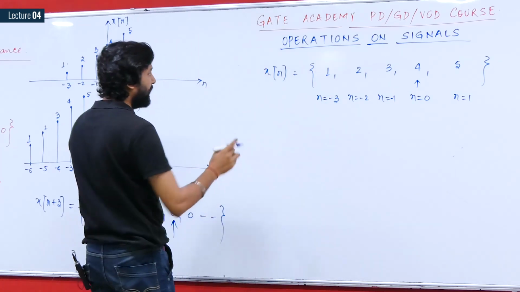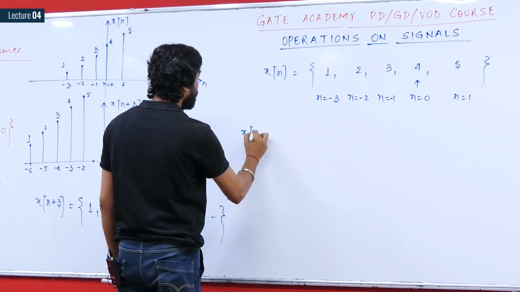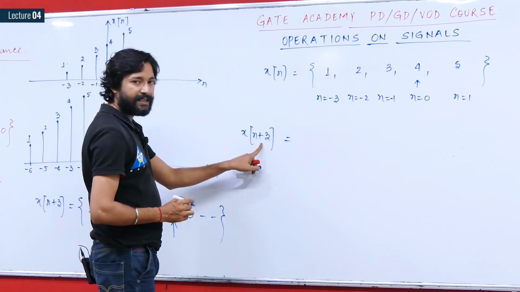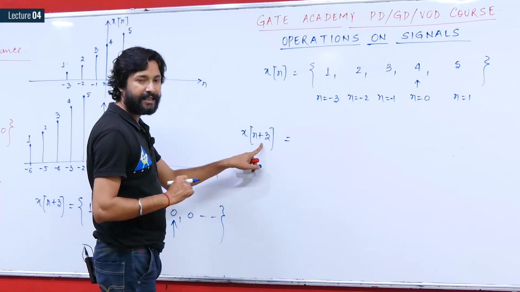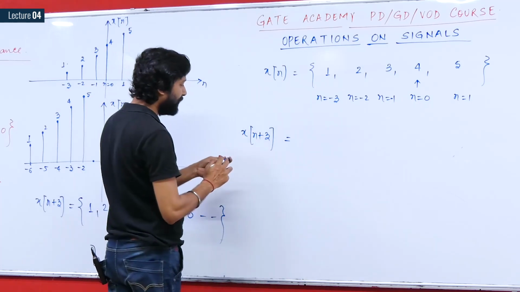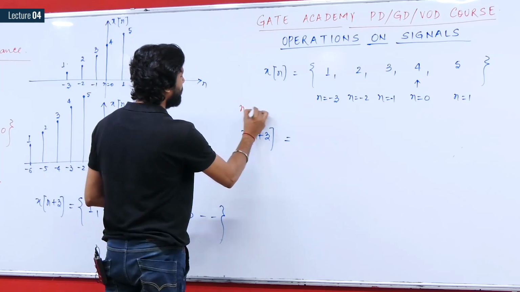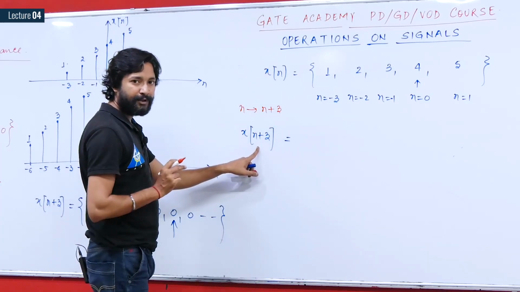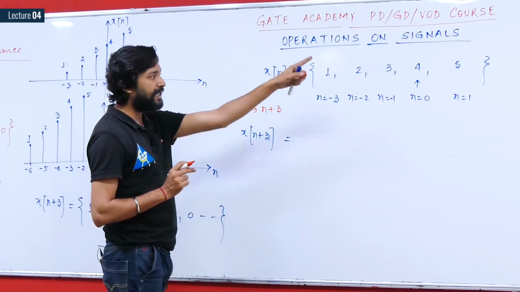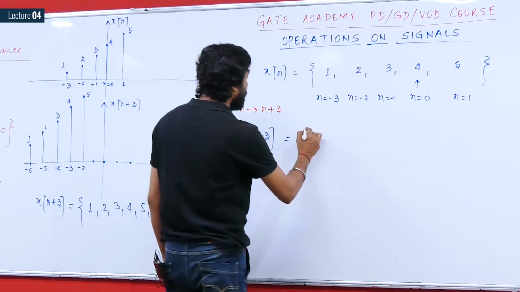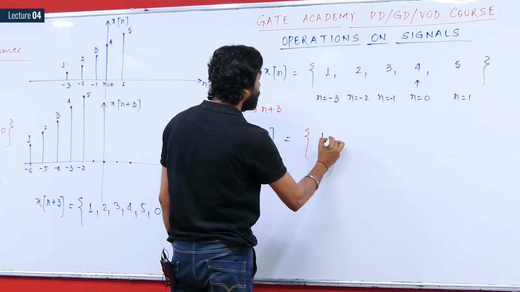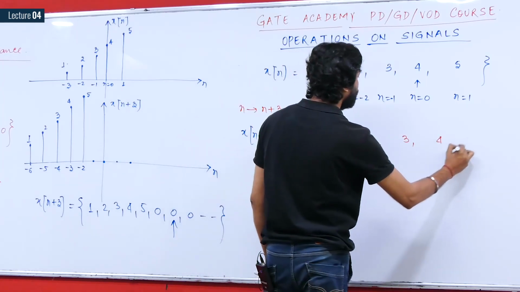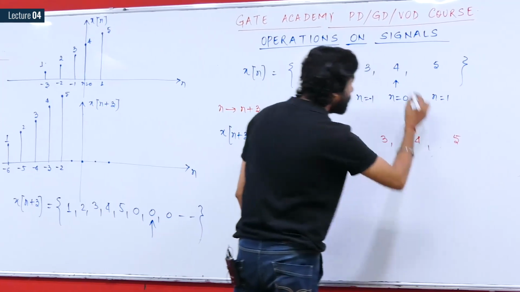Now again, if you have to find out x of n plus 3, it means you are going to replace this n by n plus 3, the same concept that we have seen in the case of continuous time signal. If you replace it on the left hand side, then you have to replace all n on the right hand side also. It means that the sample values will remain the same. The values will again be 1, 2, 3, 4 and 5,